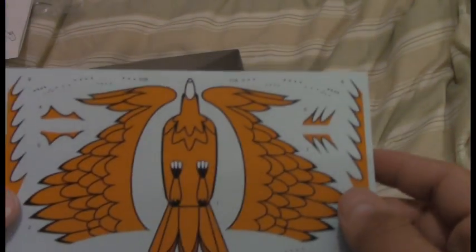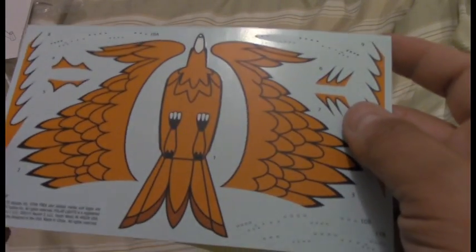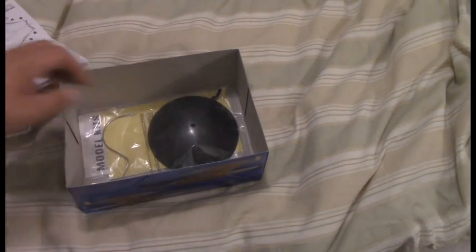This is a really, really basic kit. There's not a whole lot to talk about. So, yeah, this will be a quick, basically a weekend project, since there's so little to it. So yeah, that was about as complicated as I thought it was going to be. It's a nice looking model, very, very basic, very much like the original shooting prop was,